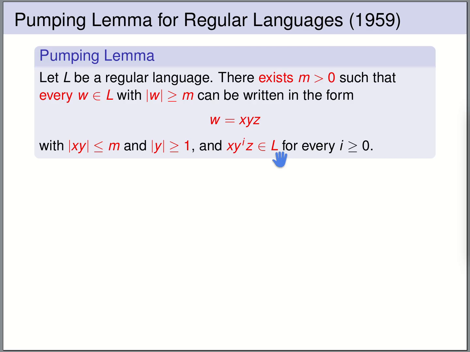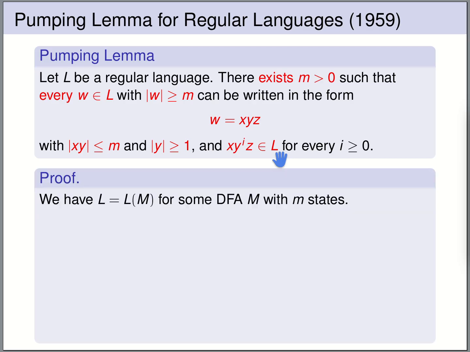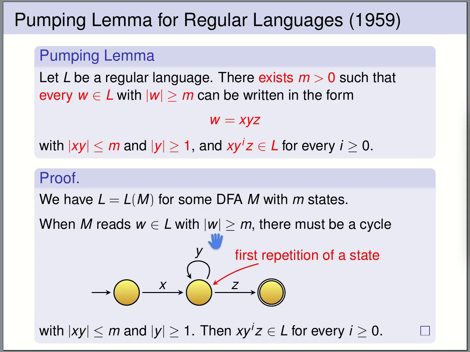Actually, the pumping lemma is easier to understand if you see the proof, because the proof is actually quite simple. If we have a regular language L, then there exists a deterministic finite automaton that accepts precisely the language L. So let's assume that M is this deterministic finite automaton that accepts L, and M has m states. Now, if we read a word w that is at least as long as m,